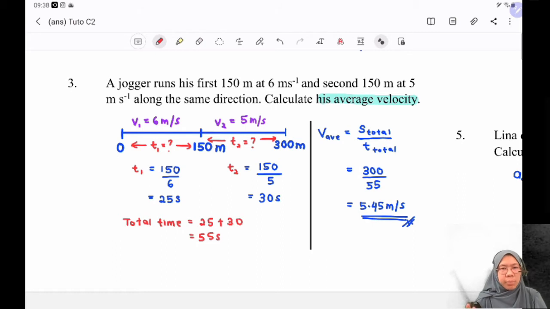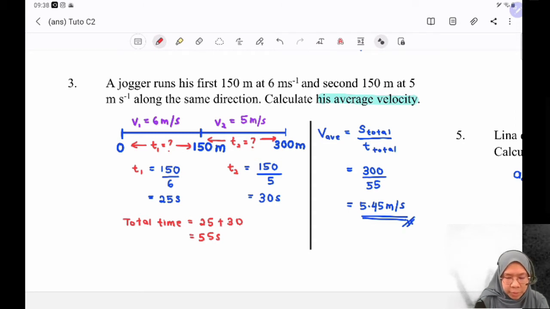So kita tengok sini adalah positif, so we assume dia ke kanan lah. And then second 150 meter, okay, lagi 150 meter adalah 5 meter per second. Okay, along the same direction, so dia bergerak arah yang sama. Calculate his average velocity. Okay, so the first thing bila tengok soalan ni, kita kena kenal pasti dulu formula apa